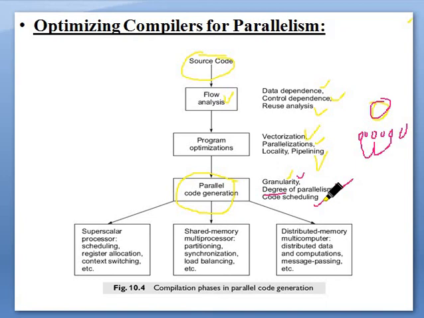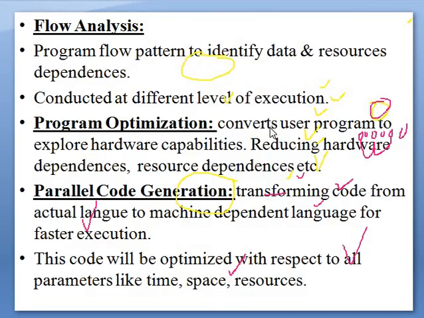So what are the best outcomes of this optimizing compiler? Where they are suitable, they are allowed to execute in a superscalar processor environment. We can go for scheduling. They are best suited where there is shared memory and also distributed memory. So in all the cases we will get the best effect, the best parallelism, from compilers which support parallelism. So this is what I have listed here.